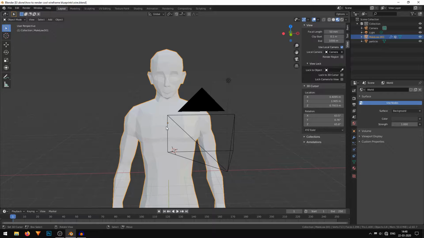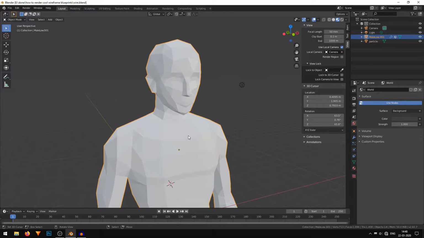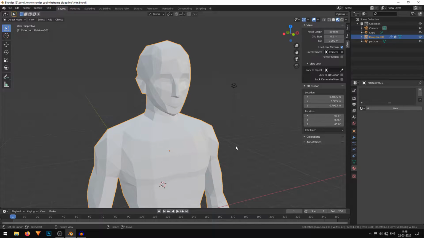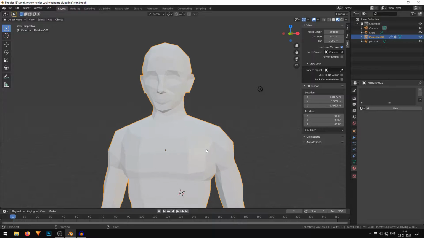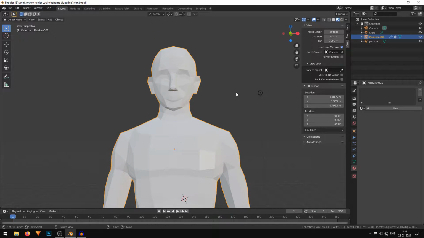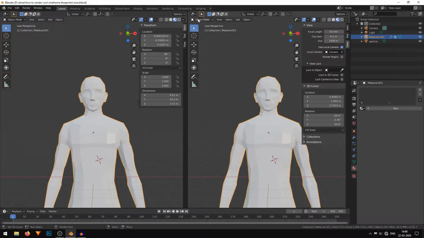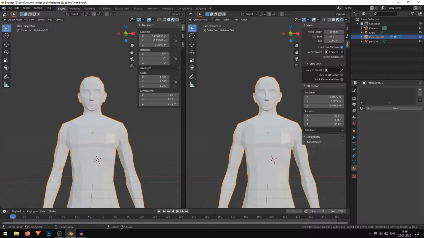So let's start. Okay, so I am in a new Blender scene and I've just imported my model. This has no material applied. If you want this model, I'll leave a link down in the description. You can go and download it, or you can use your own models. It doesn't matter. So now I'll just split my screen. I'll move my cursor to the top left of my screen, hold down the left mouse button and drag it to the right. So that is how you split screens in Blender. So now we have two screens.